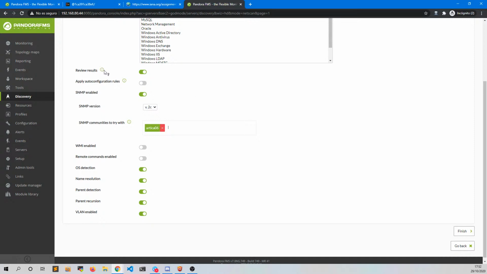This option, review results, will allow us to check at the end of the task the state of the scanned network. That is to see which devices have been found and information options through modules that we can add. The rest of fields that we find in this view